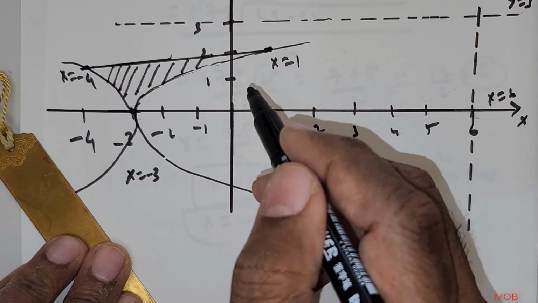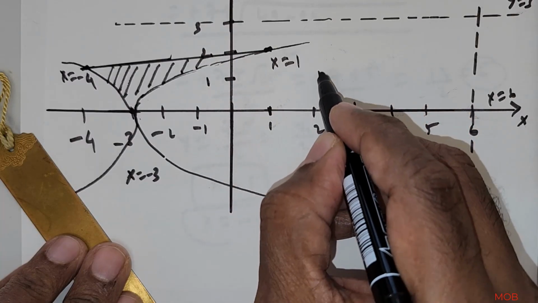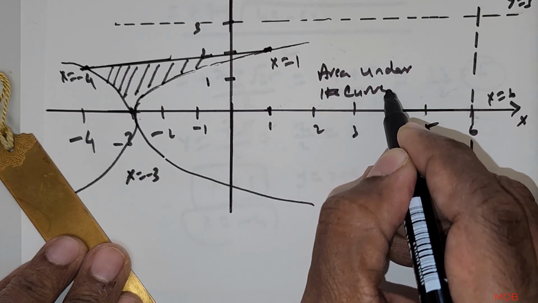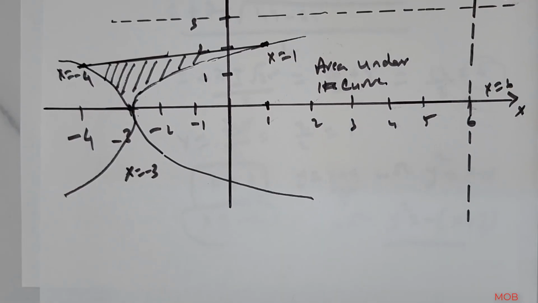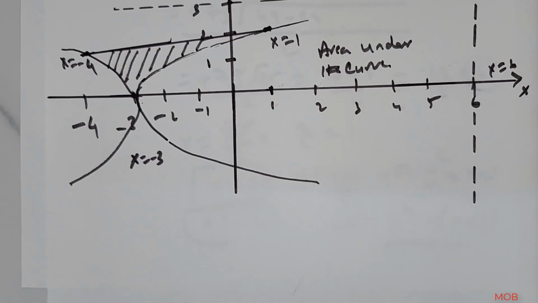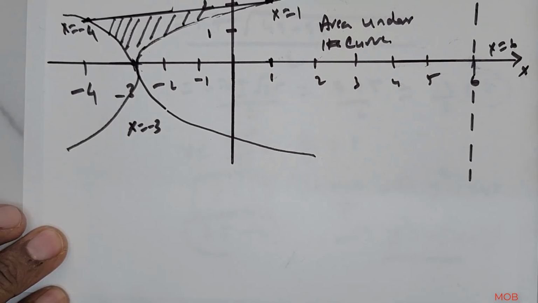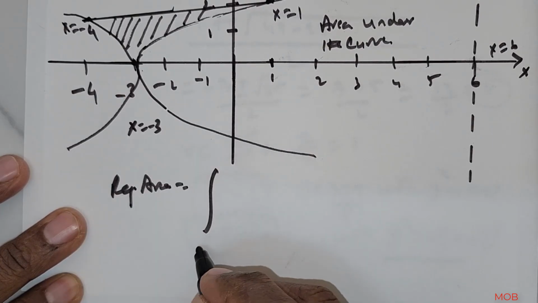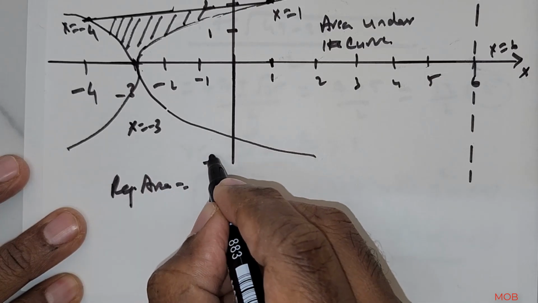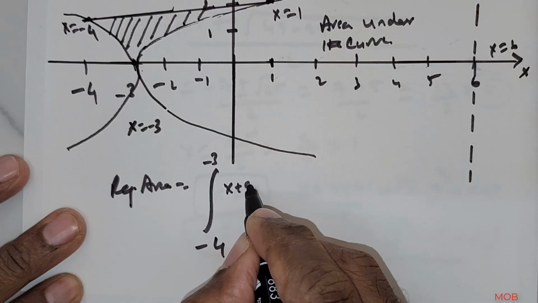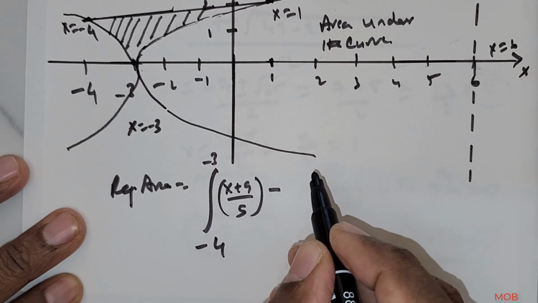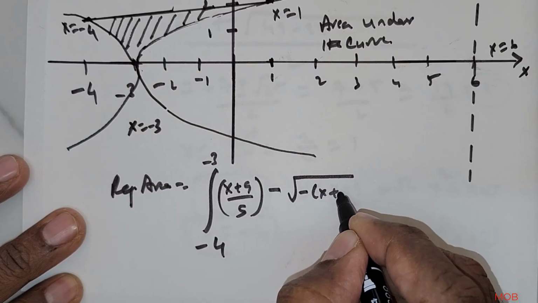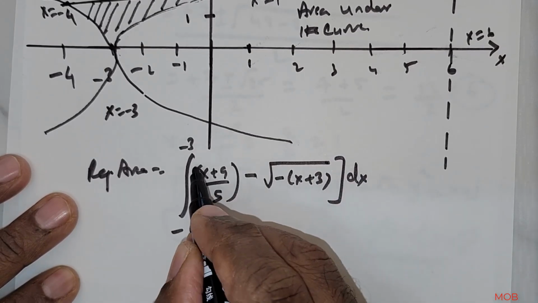So the question is, what is the formula we will use? We will use area under the curve formula. Okay, straightforward. So having given you this figure, let me draft the required area formula. So from the line, required area, okay, so this is going to be -4 to -3. From the line x plus 9 over 5 minus this part of the curve, that is going to be root of negative of x plus 3 times the dx. So this is one region,